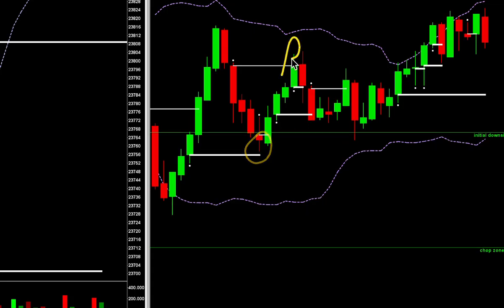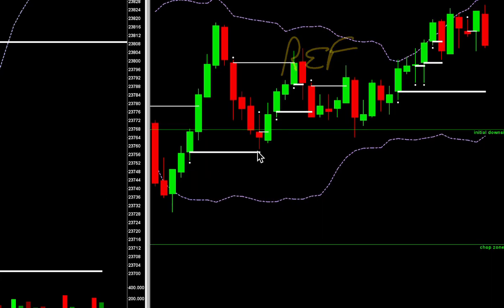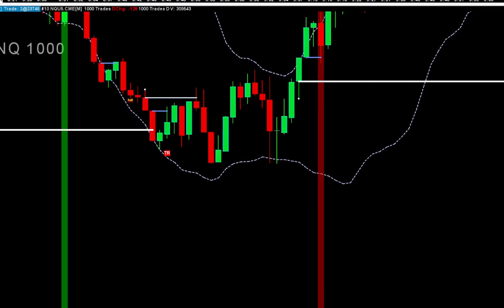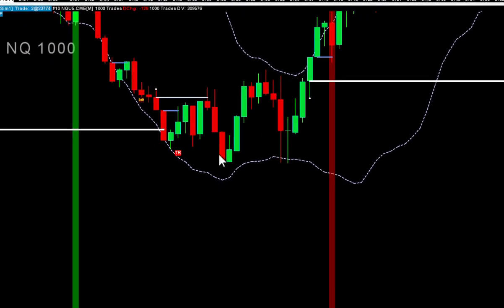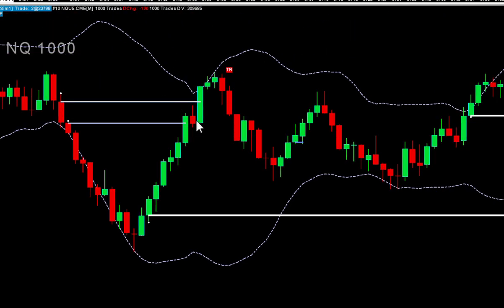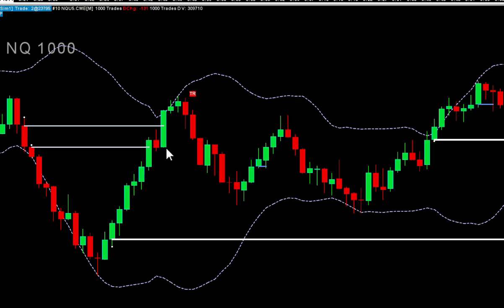Now, again, this is a reference, not a trade window. So I'm going to look at that and say, ooh, that's interesting. Let me come over here to my trade window. And let's go to that exact time, which is 11:04. Let's zoom to 11:04 and see what was up. All right, at 11:04,